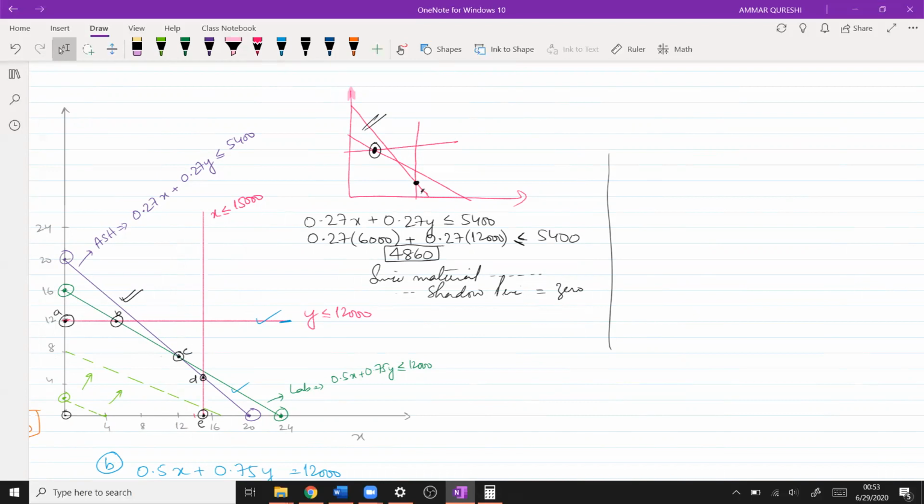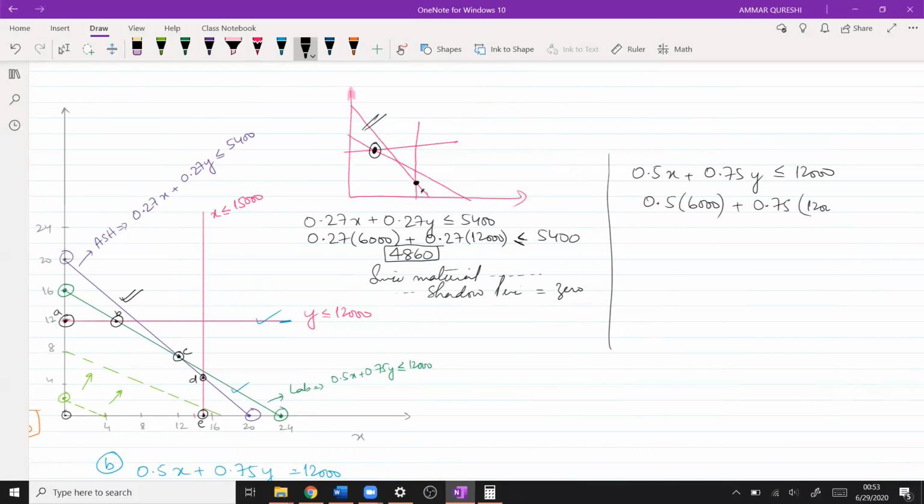But let's try to do this. 0.5 of x plus 0.75 of y should be less than or equal to 12,000, right? So we will plug in 0.5 of 6,000 plus 0.75 of